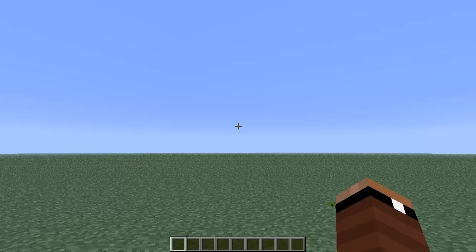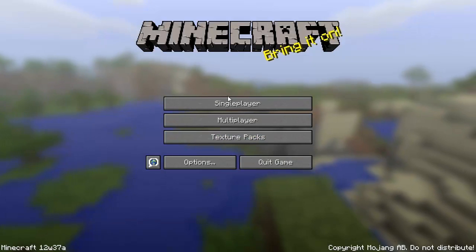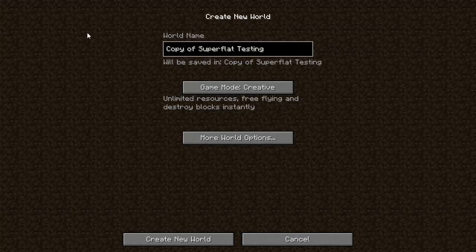There's an all water world that you can get, and obviously some of these presets you can add and change different layers if you want. But they also did add a new feature. Let me go out of this world, go to single player, and if you click on your world now, you're going to see a new button down here called Recreate. So let's say I didn't really like this Superflat testing world, and maybe I wanted to enable cheats this time. I can click Recreate, and it's going to give me all of the options for creating a new world,